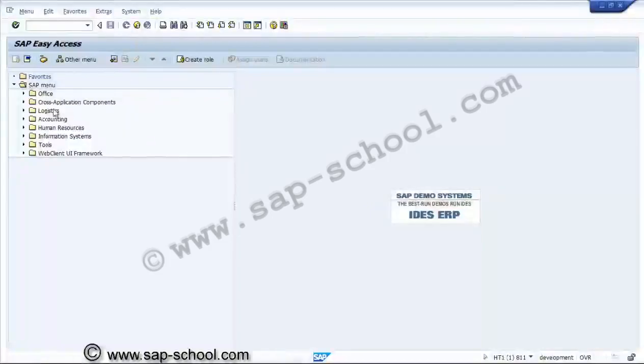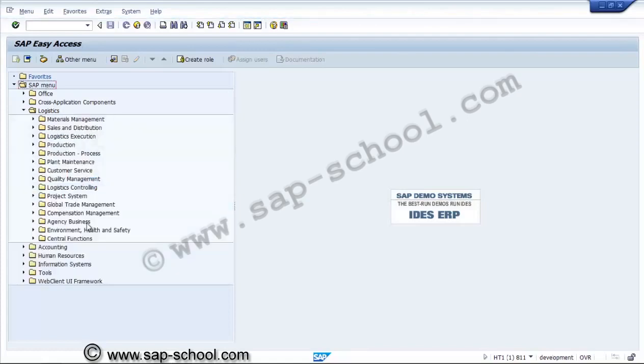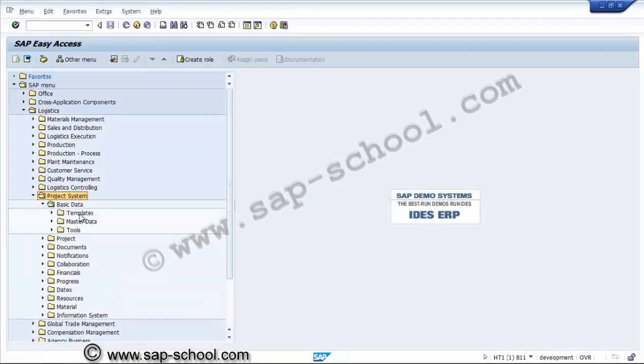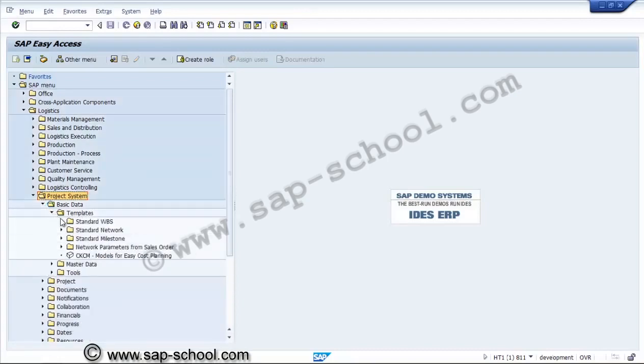Now we'll create network and activities for the projects. So for that purpose, in the standard menu, we'll go to logistics, project system, and in the basic data we will get the standard network.